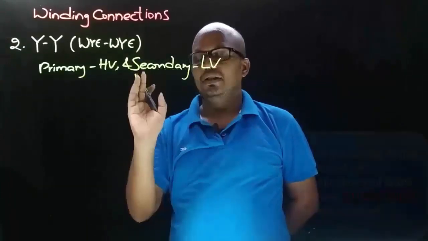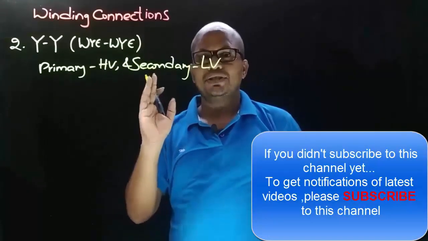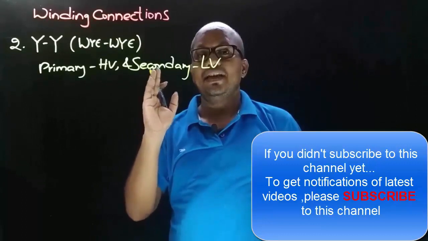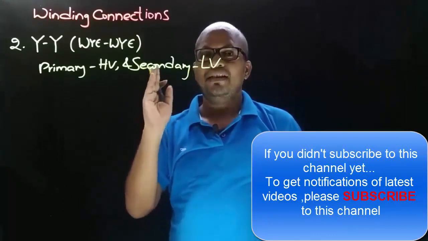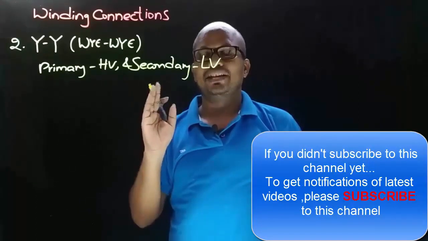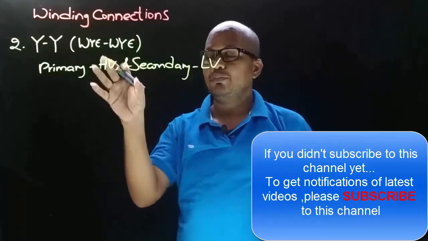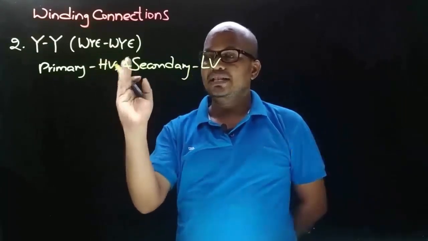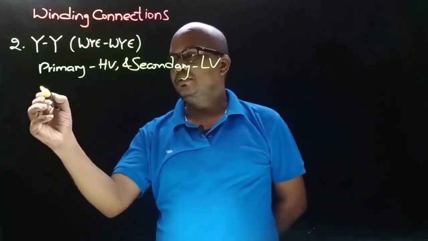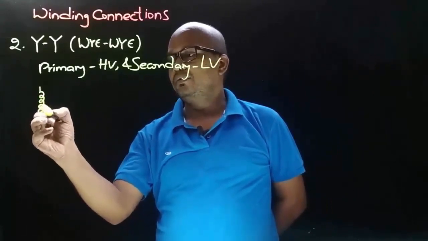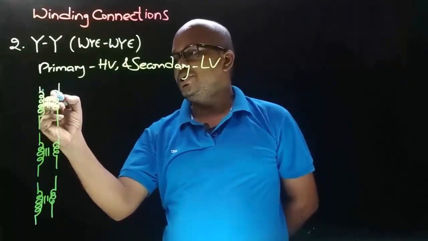LV winding. And the important point that we must keep in mind here is that in vector group symbol, the first character always represents the HV side winding connection and second character always represents the LV side winding connection, irrespective of what is primary and what is secondary. And here we took an example of a transformer which is having HV winding on primary side and LV winding on secondary side. So consider bank of 3 single phase transformers